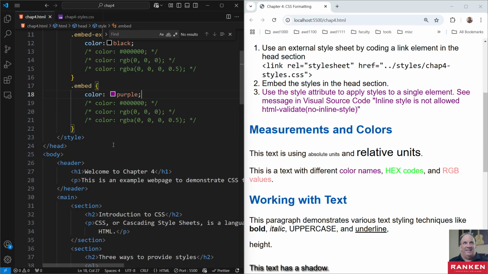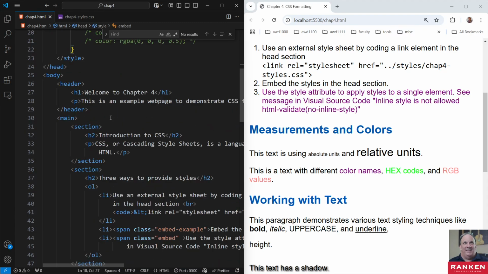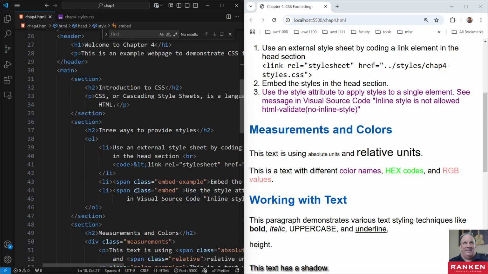And now it's purple, right? So the one that has the most specificity would be the one that's inline. Then it's whatever's defined here. Now, if I get rid of that completely, save that,